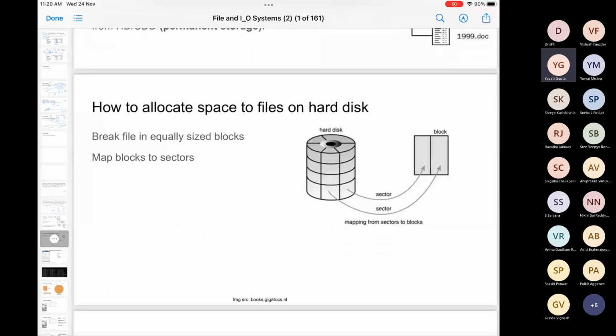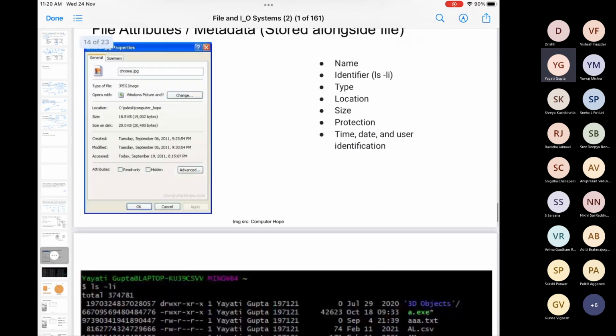The procedure is very similar to how your processes sit in the main memory, right? Just as you divide your processes into words and sometimes pages, and then decide in which particular lines they will go in the main memory, we do a similar thing here. You divide all your files into blocks. As we discussed, each block is 512 bytes. Similarly, our hard disk is in the form of sectors, and on each sector you can store one block. Now all you have to decide is which block goes and sits on which particular sector. And how can we do that?